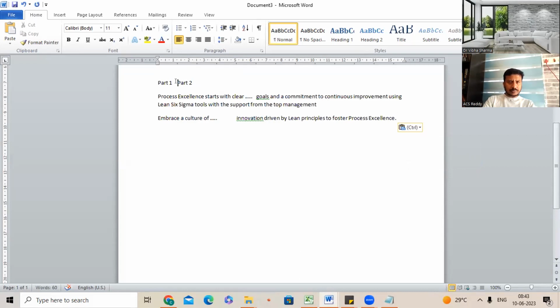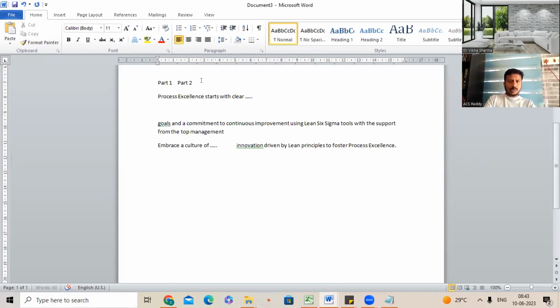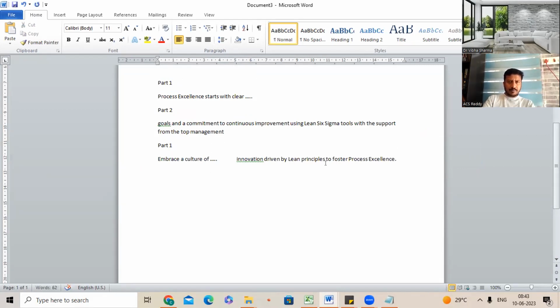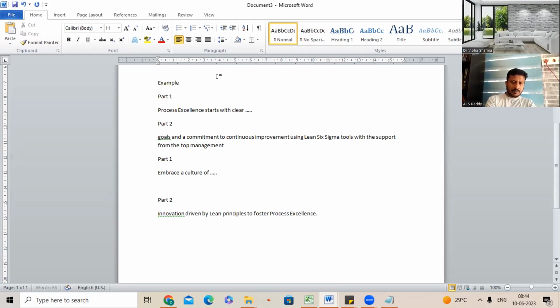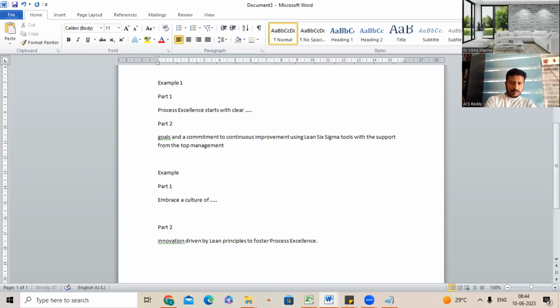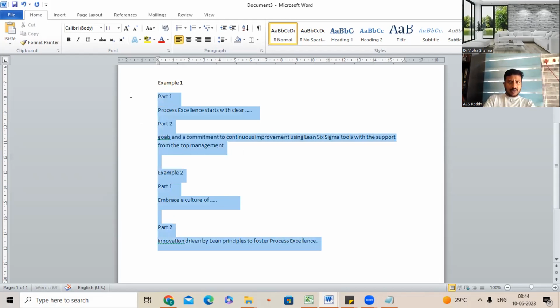Now you will have to segregate part 1 and part 2. And before part 1, write example 1. Copy this.